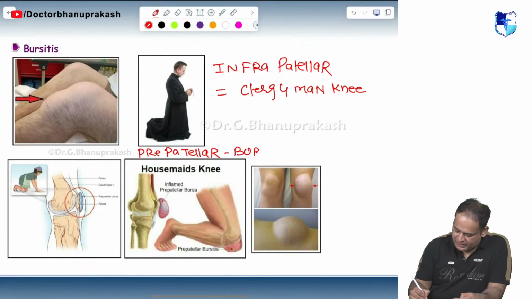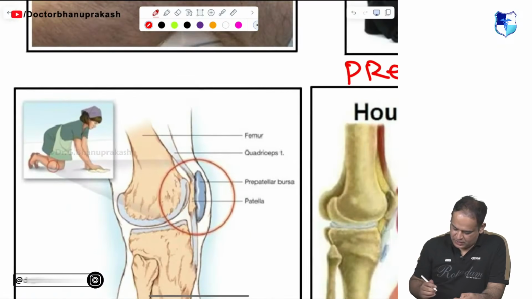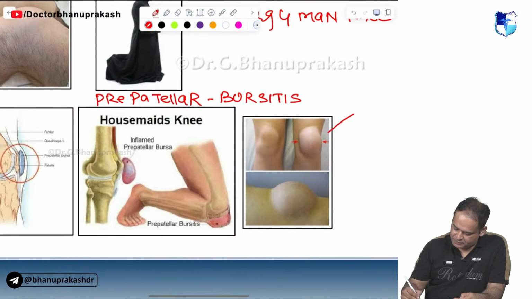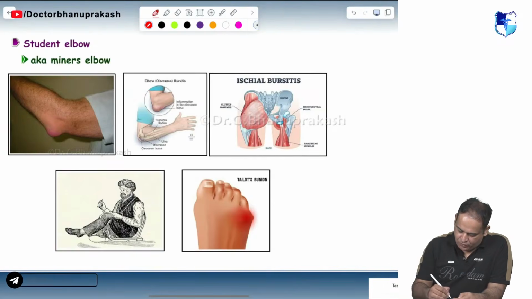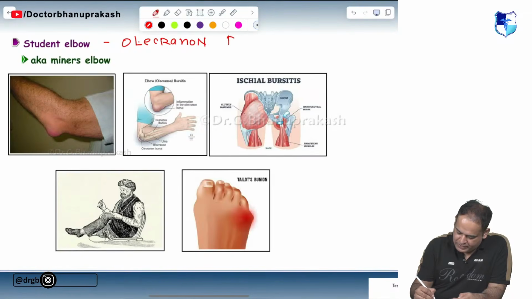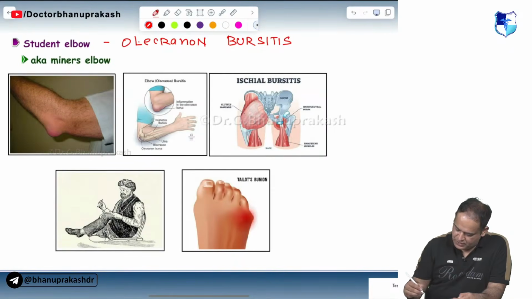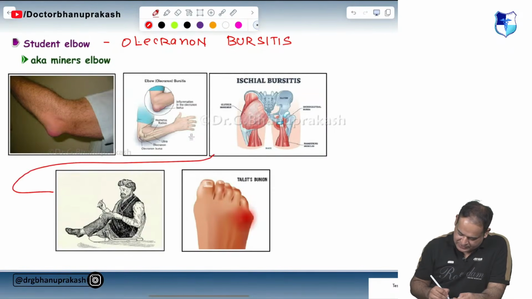Pre-patellar bursitis, see like this, is called housemaid knee. This is how it appears. Pre-patellar. Student's elbow is olecranon bursitis. Olecranon bursitis. Ischial bursitis is also known as Taylor bottom,